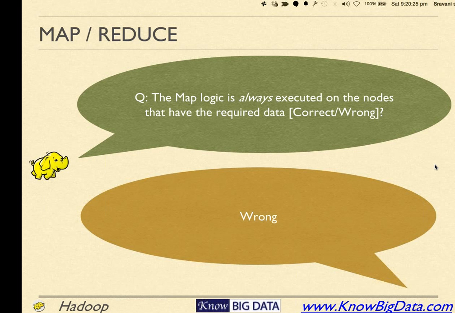Out of those three nodes, it will first find out which one is most free. If none of those three nodes containing the replicated data are free, then it finds the nearest node available. Okay,